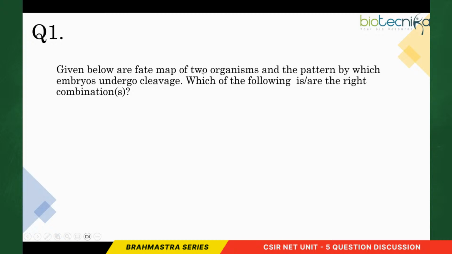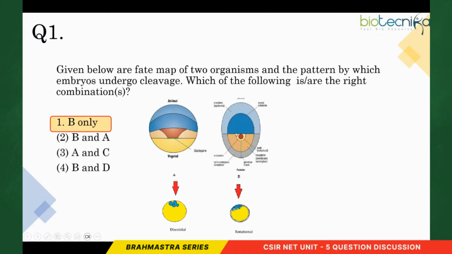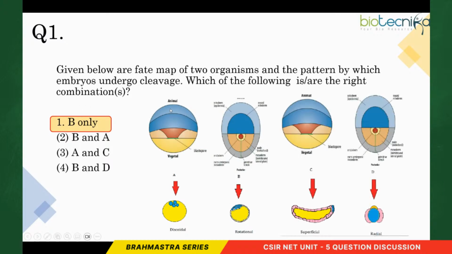Given below are fate maps of two organisms and the pattern by which embryos undergo cleavage. Which of the following are right combinations? So this is the question. As you can see, here we have the animal and the vegetal pole of different organisms which are given. Now all of these are different organisms, and